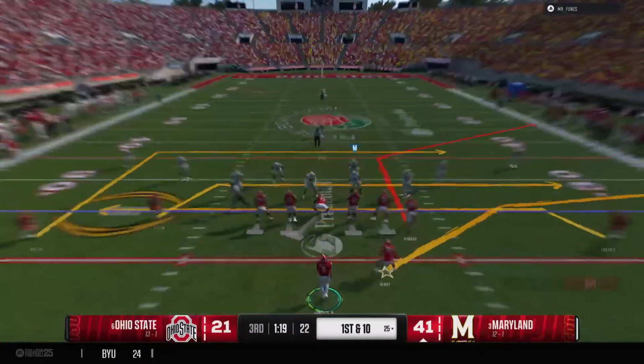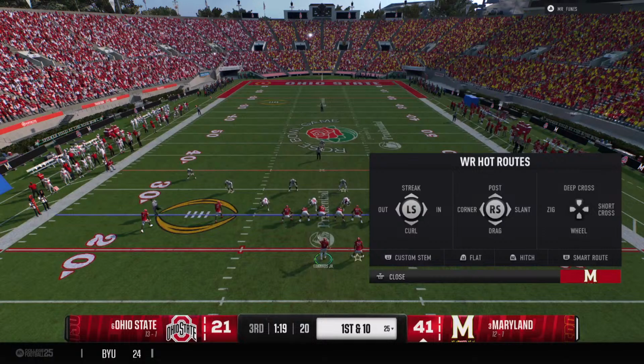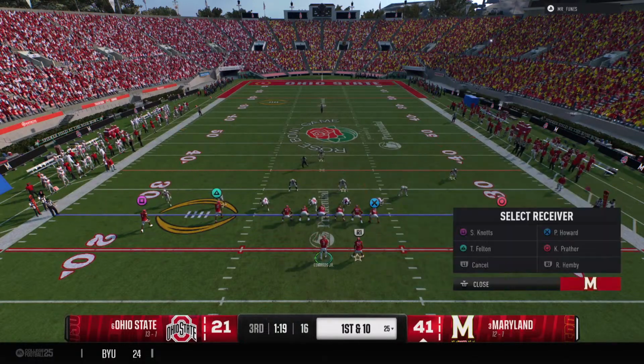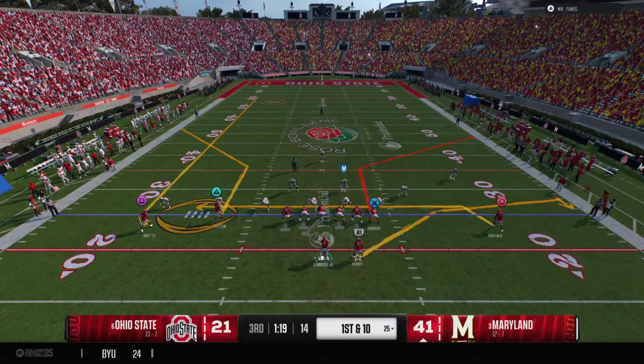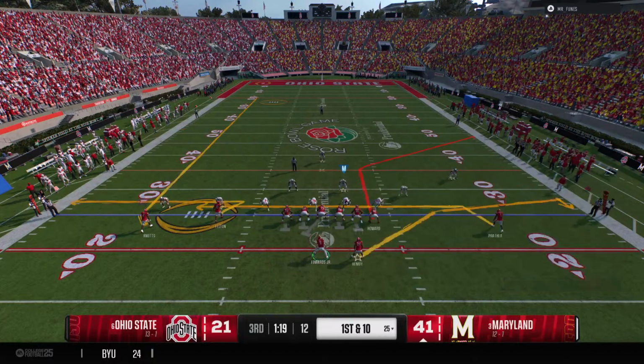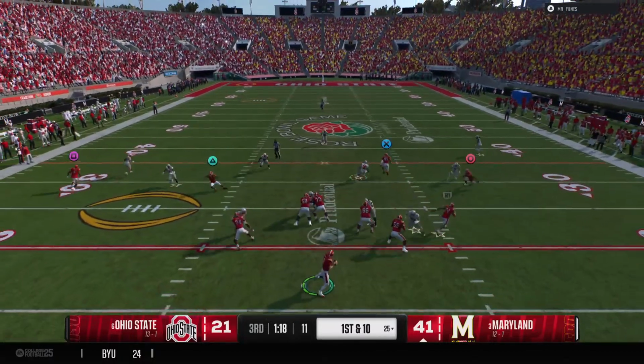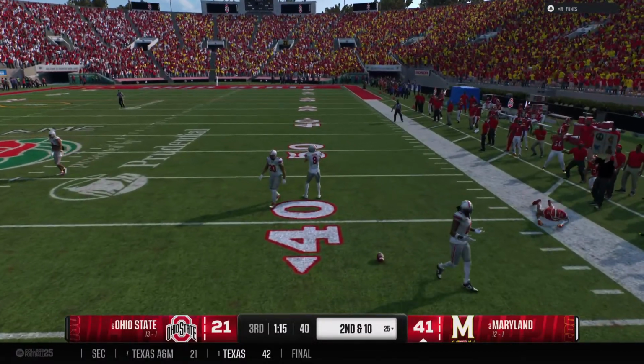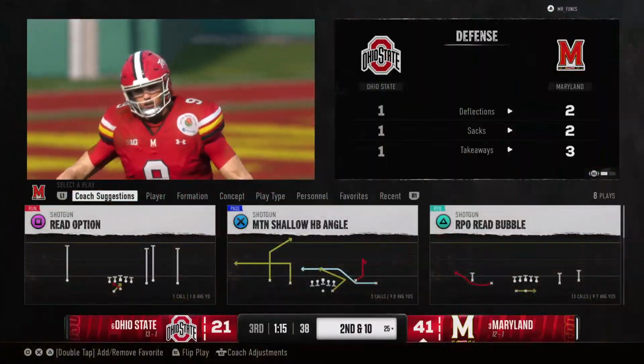Maryland offense is back out on the field now. The last possession was a passing game clinic that moved it right down for a touchdown. Can they keep it going? Quarterback making some changes at the line. Scanning the field. It's Edwards. Throws to the tight end. The defender gets a hand in there to break the pass up.